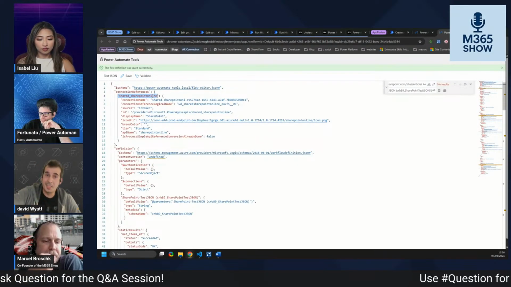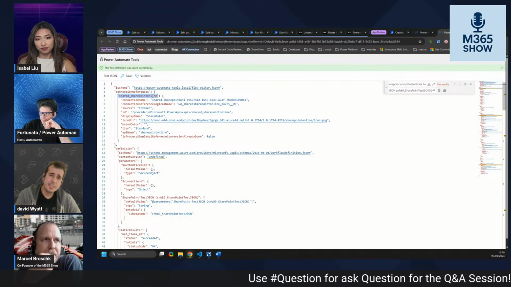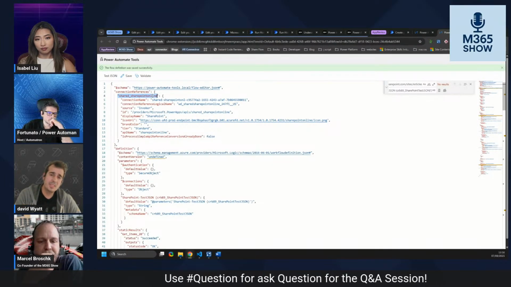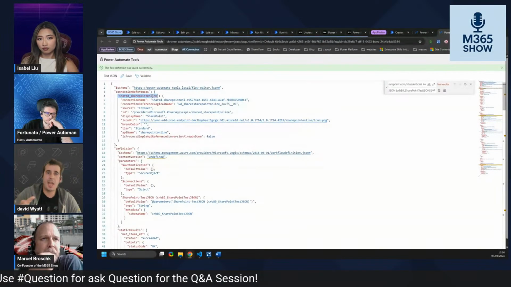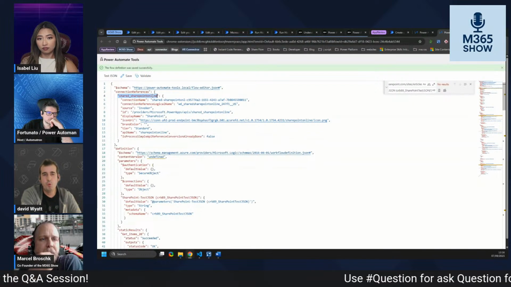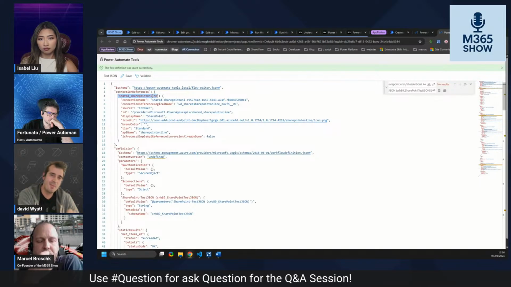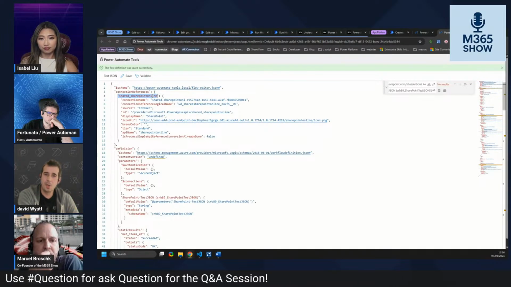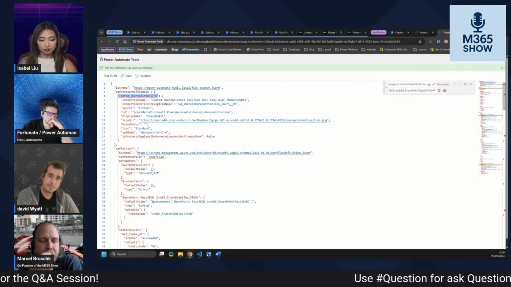The other thing I'd say, and this is key to all things, I think, is that understanding how things work can definitely make you better at what you're doing. So understanding how the Power Automate flow is structured and works really helps when you're building things, and it also helps when you're debugging things in particular. You can start to understand how things interact. So getting into the code, I really recommend people, just from a learning experience and understanding.